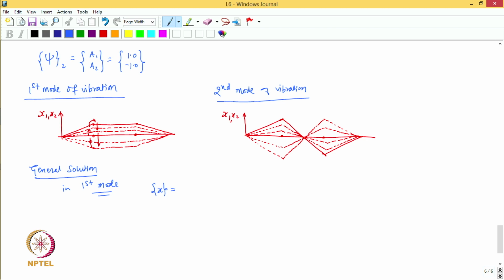In the first mode we have A1 psi 1 cos omega n1 t, right, where A1 is an arbitrary constant, and then if I take B1 psi 1 sin omega n1 t,